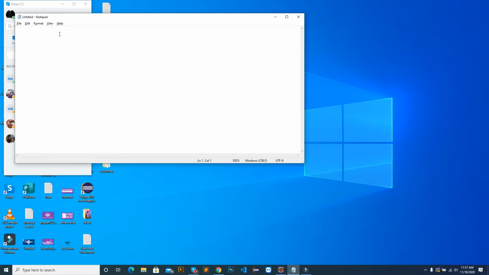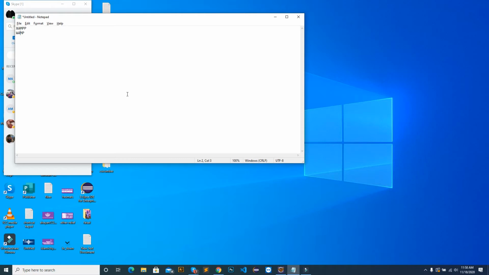Before using MySQL, you have to download an environment called XAMPP, or WAMP. XAMPP: A is Apache, M is MySQL, P is PHP, and Perl.